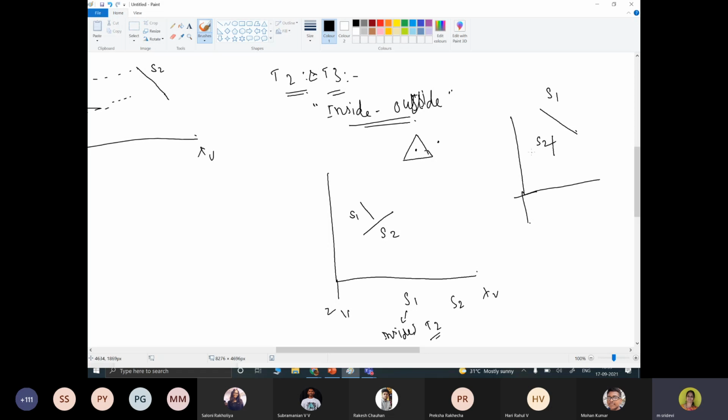The case here is that S2 is completely in front of S1 if all the vertices of S1 are outside of S2.